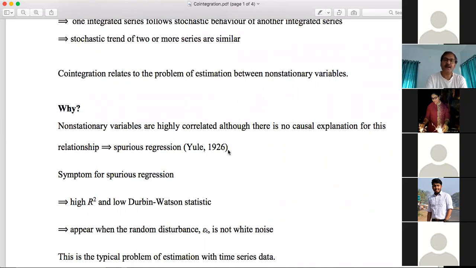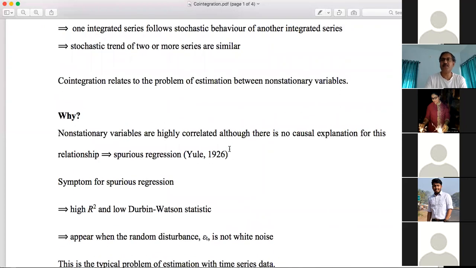Now, how do we understand your estimated results may be spurious or not? So you have a data, you have time series data, you have obtained the OLS estimates of beta hat, OLS estimate of beta naught hat. Beta naught hat is the intercept term in a simple linear regression model, for example. Beta hat is the regression coefficient. So after estimating the model by OLS, you have a value of beta hat corresponding to which t statistics is significant. That is, if you carry out t-test, it suggests beta hat not equal to 0.